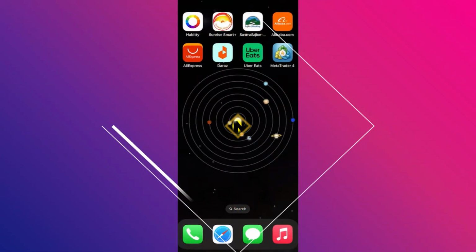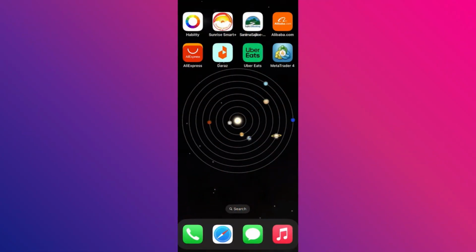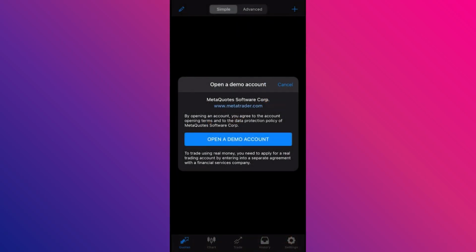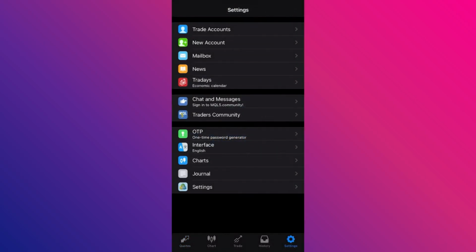Alright, so let's begin. The first thing that you want to do is download the MetaTrader 4 app on your iPhone and open it. Over here, when you open the app, you might see an option to open a demo account. If you don't see this option, then what you want to do is go to settings at the bottom of